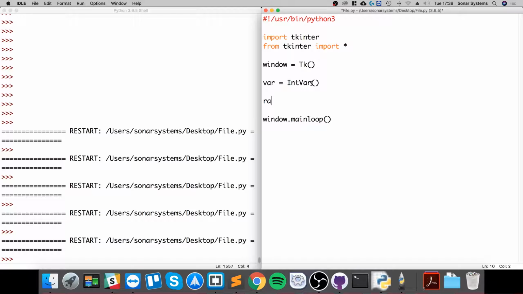Now for the radio item, so let's do radio1 equals RadioButton, window, text equals option 1. So a radio button, the difference between that and a checkbox is only one radio button can be selected at a time. So it's like an if-all sort of scenario, whereas with a checkbox you can select multiple. I'll call this option 1